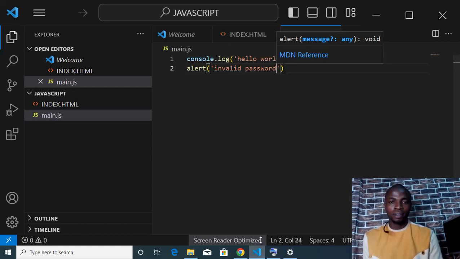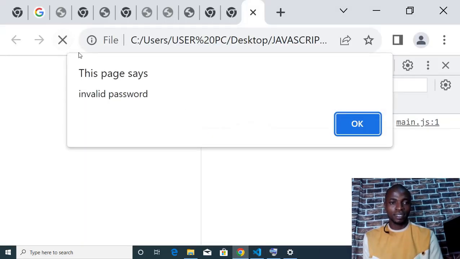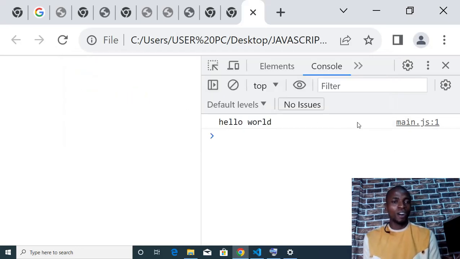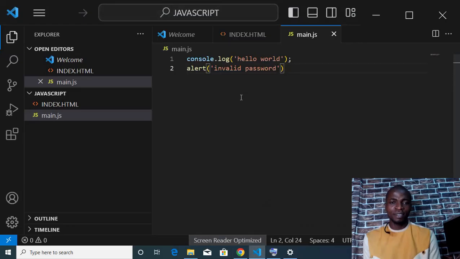Then if I save and reload the page, you are going to see that. Do you see it as invalid password in the browser? Or any alert like battery low or any other thing. For instance, if I change this into battery low now, you are also going to see it as battery low,